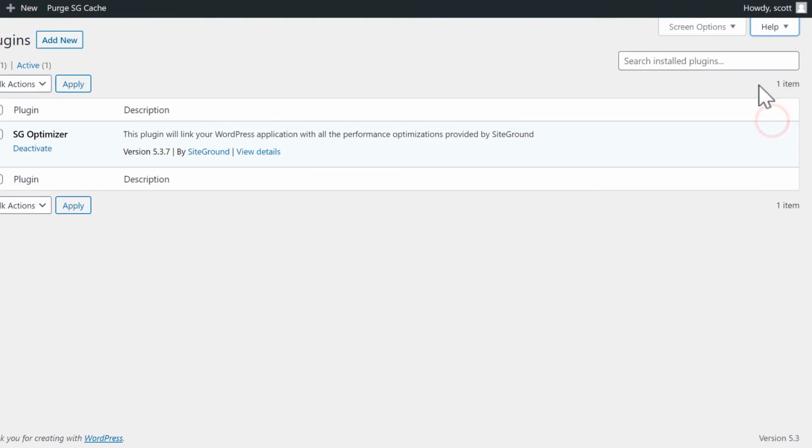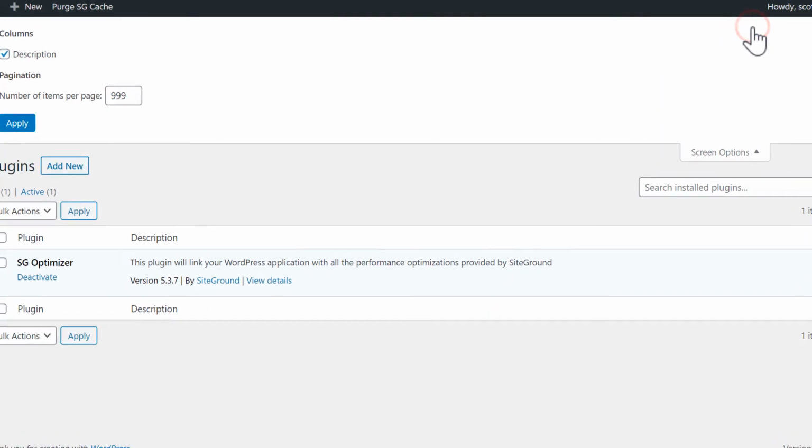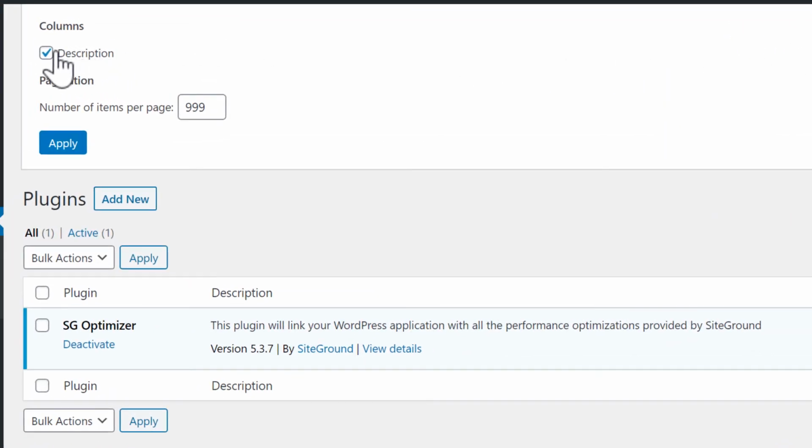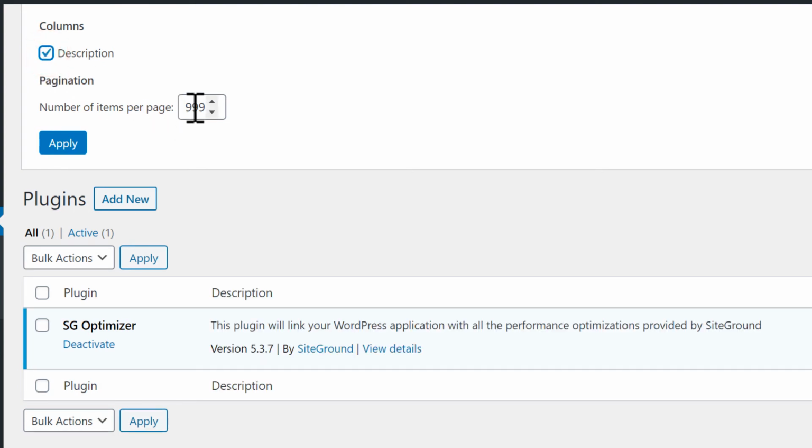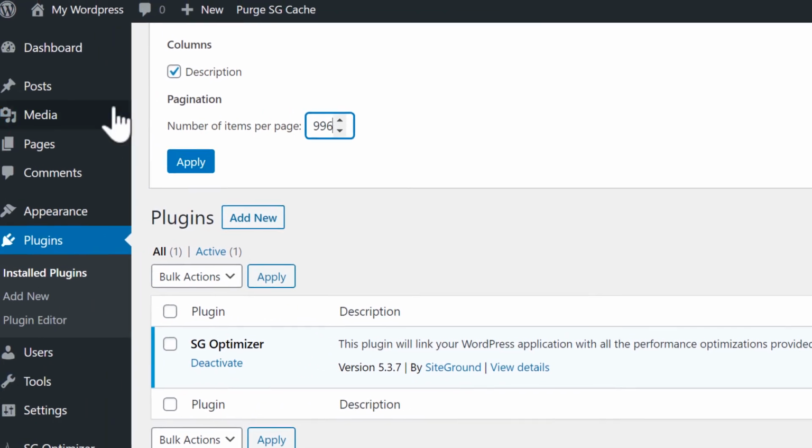Screen options will appear when there are settings you can modify for that page. So for this plugins page, I can show or hide the description column, and I can change how many plugins are shown per page. If I go back to the homepage for our dashboard,